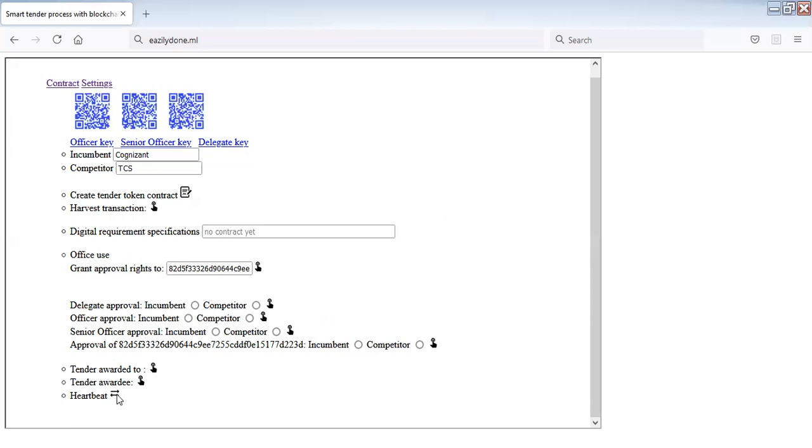We'll check the heartbeat of the blockchain, which shows the recent block as 29,060, and we see